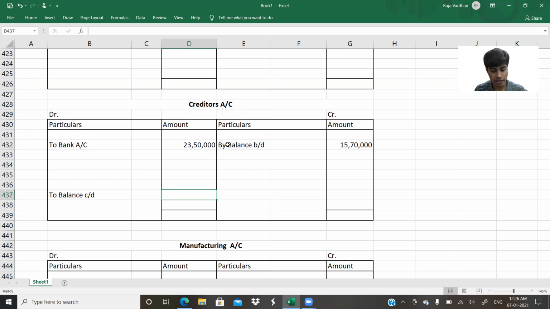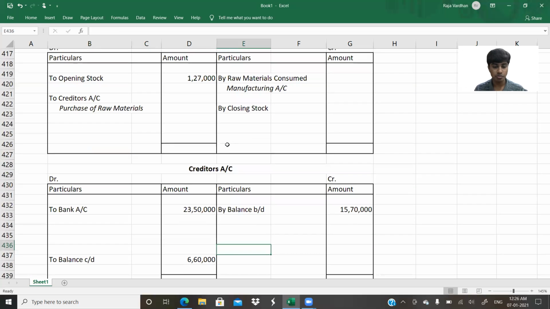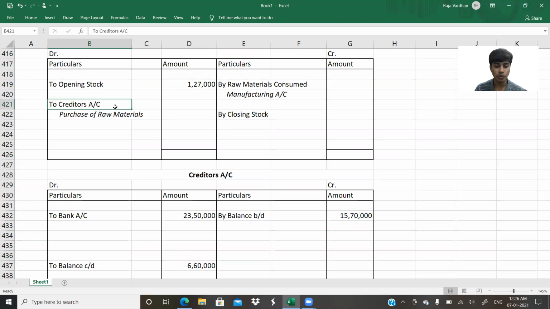That is the closing balance. They've given this. How much is it? 6 lakh 60. So the item that has not been put in this, if you can observe, in the raw material account, I put two creditors. So here I would have to put